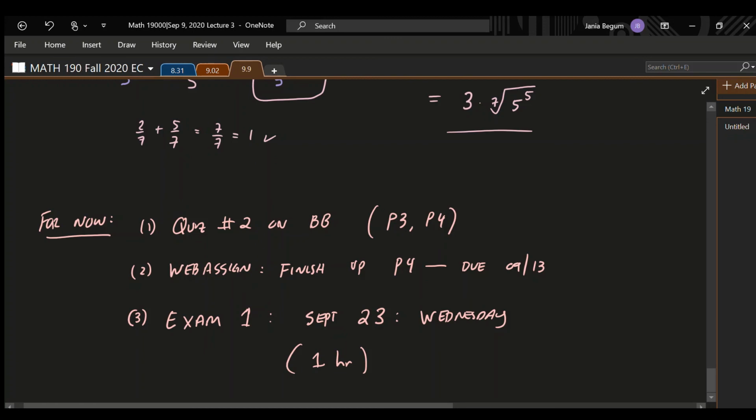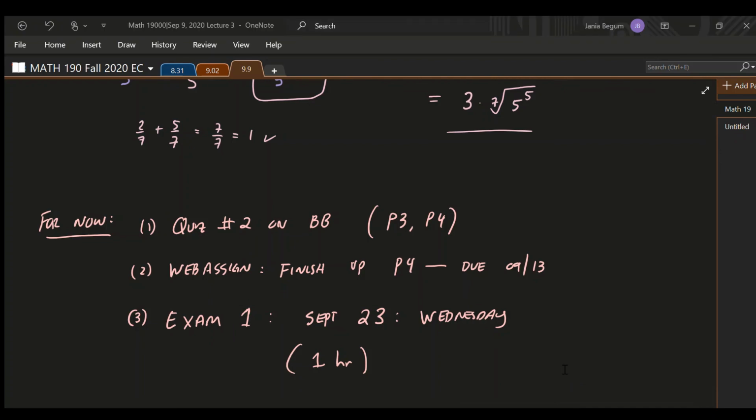Alright, so this is all I have for you today. Remember to do the sample test that's on Blackboard. Because we have an extra 10 minutes left, I'm here to take any questions if you have any. If you don't have any questions, you are good to go and you can start doing the sample test. See how Blackboard testing works, be familiar with it, and just keep in mind that